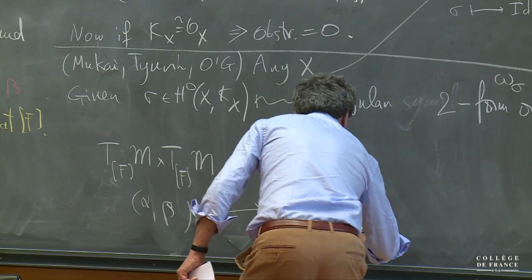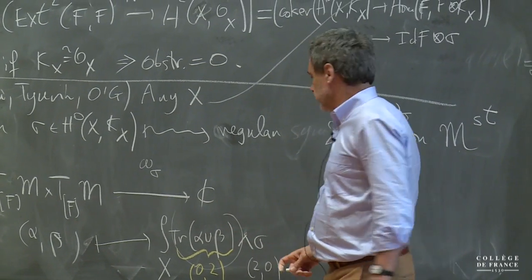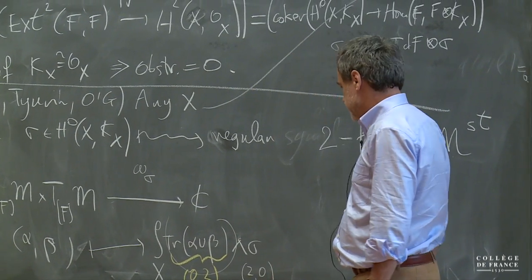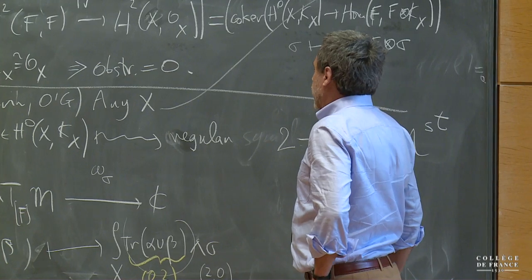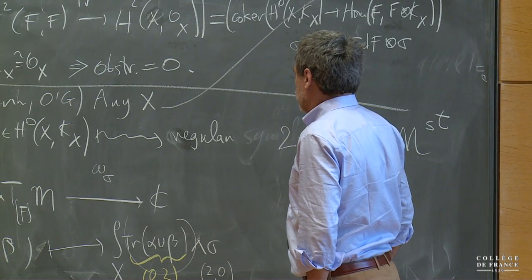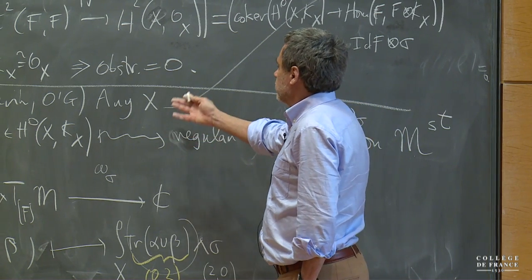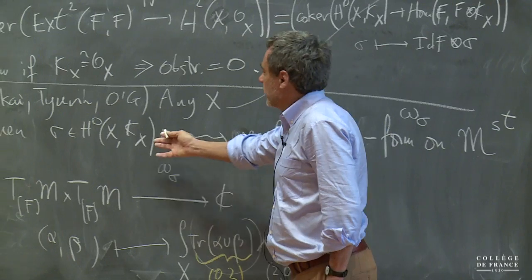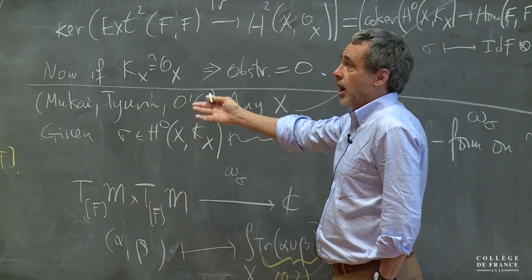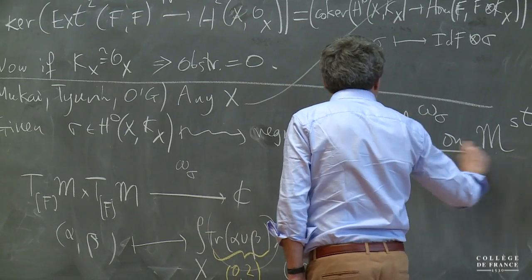This is a (2,0) form. So you're integrating a (2,2) form. So this is some number. Okay? Now, in general, this can be degenerate even everywhere. For example, the moduli space can have odd dimension in general, so it cannot be symplectic. But Serre duality